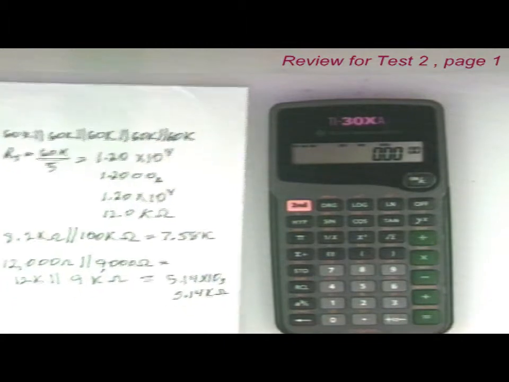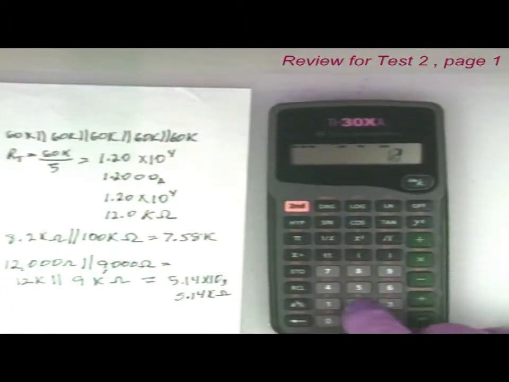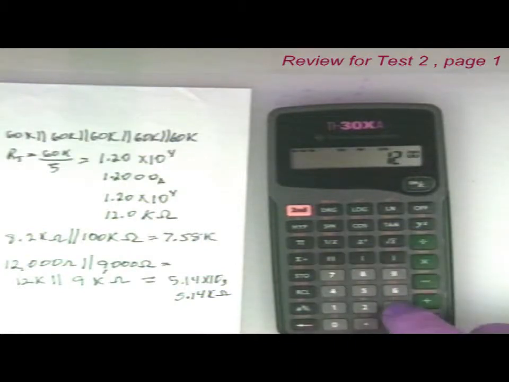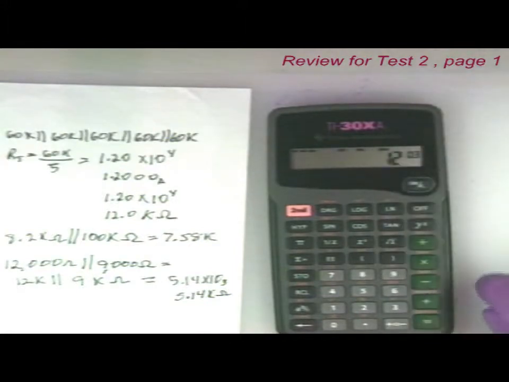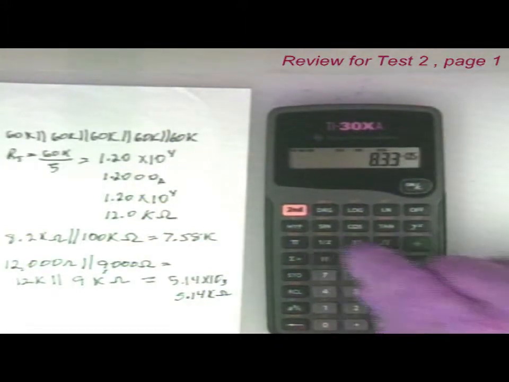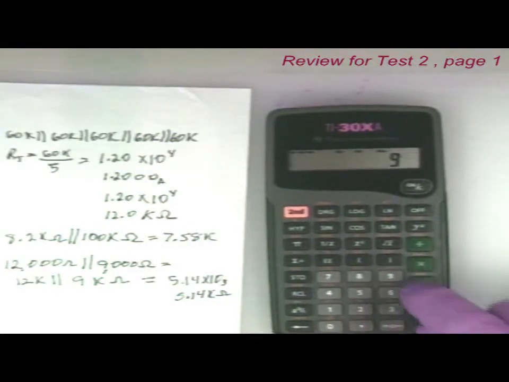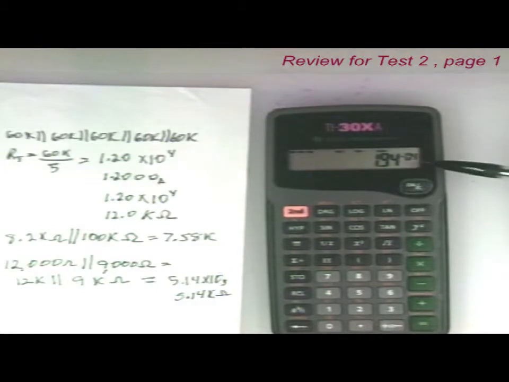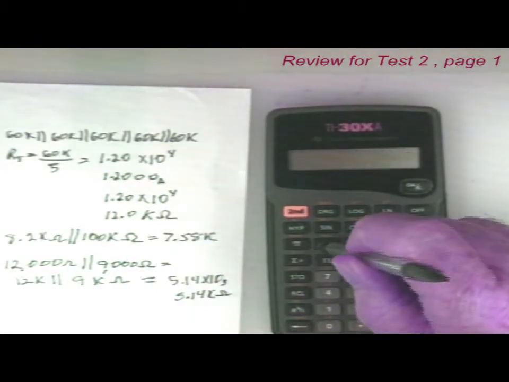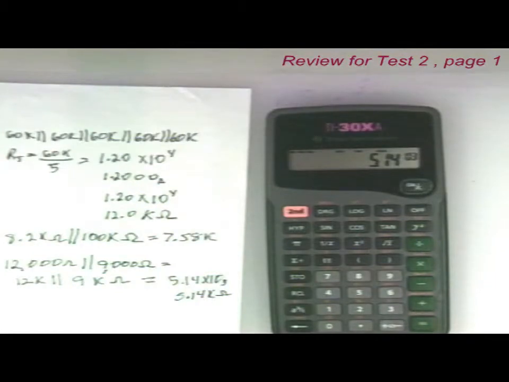Okay, just to make sure we're right, we put in a 12, and then we put in double E, we put in a 3, we got 12 times 10 to the third, and then we reciprocal that, and then plus 9 double E3 reciprocal equals that. Again, we know that it's not going to be a negative exponent, so we know we got to hit the reciprocal again, and we get 5.14 times 10 to the third. See how easy that works out if you use your calculator,